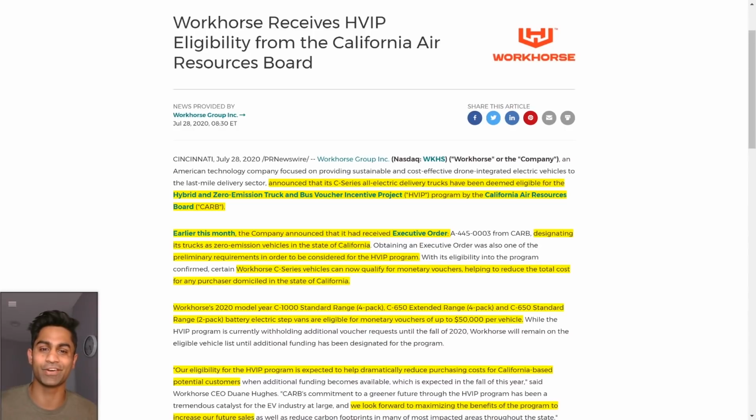So if you read further into the article, it essentially says that obtaining this executive order was also one of the preliminary requirements in order to be considered for the HVIP program, and Workhorse C-Series vehicles can now qualify for monetary vouchers, helping to reduce the total cost for any purchaser domiciled in the state of California. Workhorse's 2020 model year C1000 standard range 4-pack, C650 extended range 4-pack, and C650 standard range 2-pack battery electric step vans are eligible for the monetary vouchers